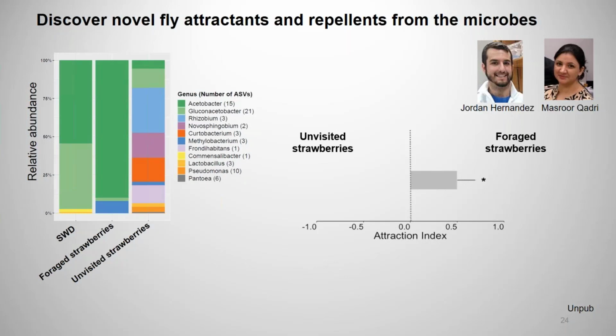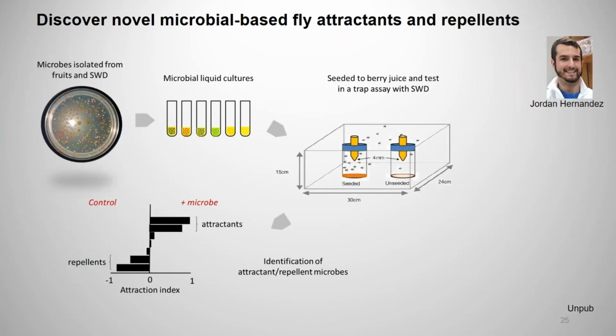And as a result, the strawberry has a different microbiome, and potentially a different volatile makeup, and smells different to the flies. The flies would prefer the foraged strawberries, and that might be a way that the fly can drive aggregation and feeding towards the crops that they're targeting. So Jordan also spent a little bit of time isolating some of these microbes from strawberries and also from